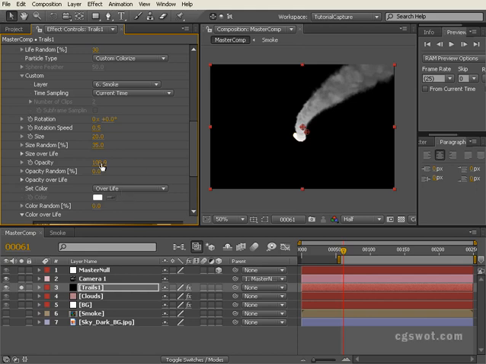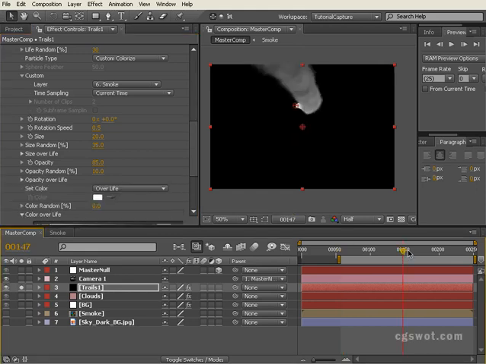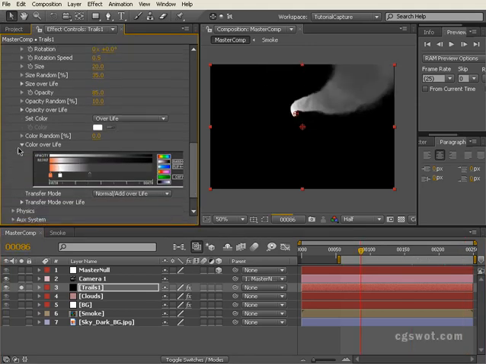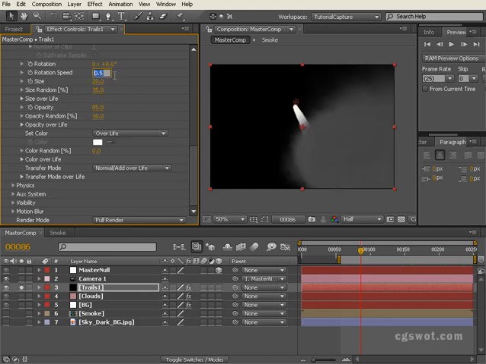And I'm just going to bring the opacity down slightly on the overall effect, down to about 85 is fine. Opacity random, maybe 10%, and that looks fine. We'll probably just reduce that rolling slightly, which is this rotation speed. I'm just going to bring it down to 0.3,